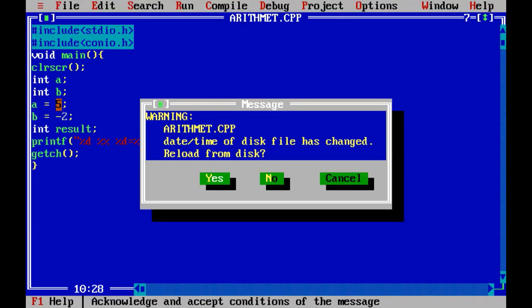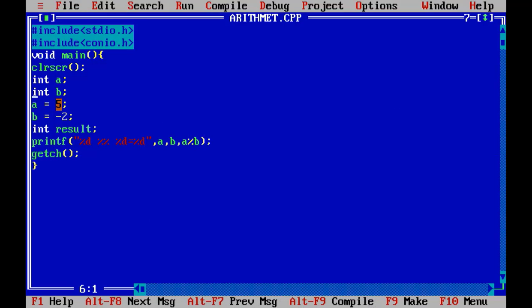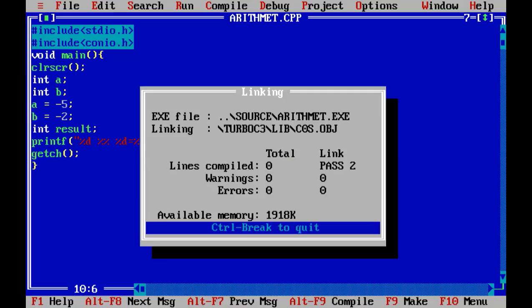Now let's check one more last example on this operator, the modulo operator. Let's keep both numerator and denominator negative values. Okay, here save the code, compile the code and execute the code.